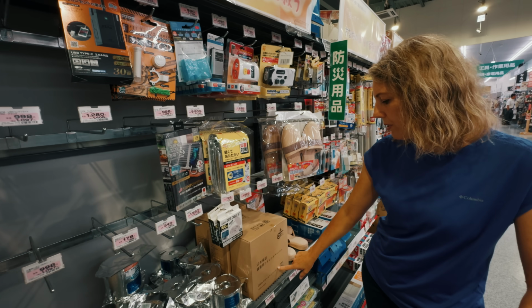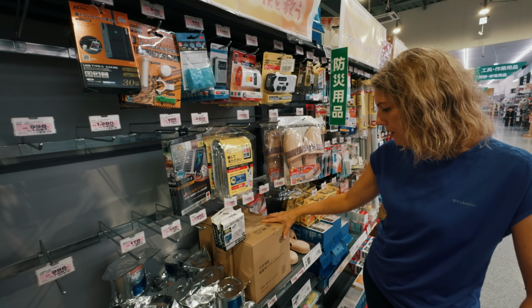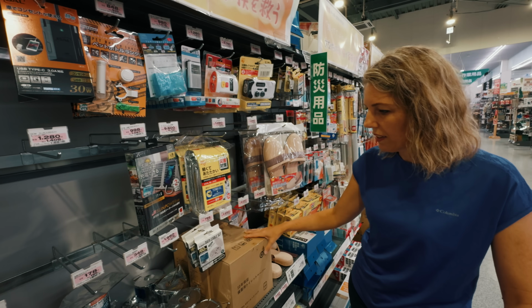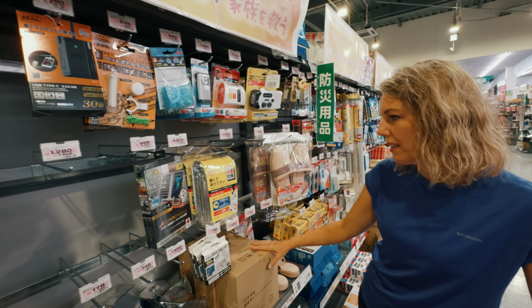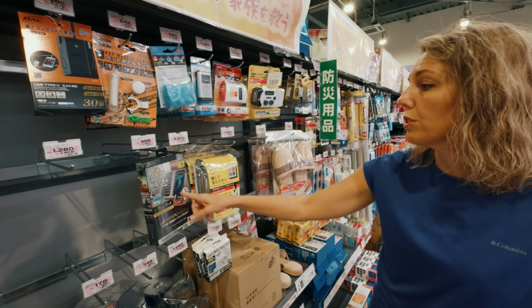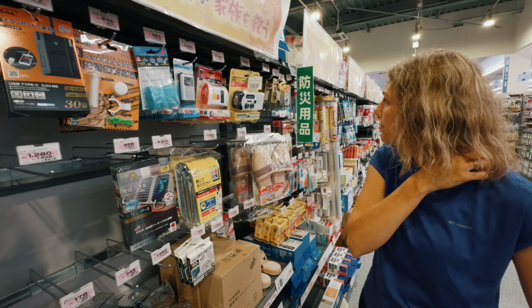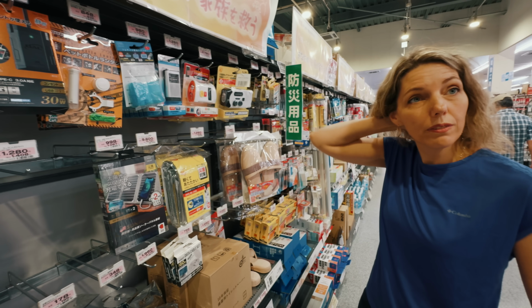There's 4 rows. The amount of options is almost overwhelming, but in the end, what are we going to need in an emergency? Emergency slippers. Interesting. Radios. Solar charging. There's a lot of stuff. But if you're without power for 10 days,